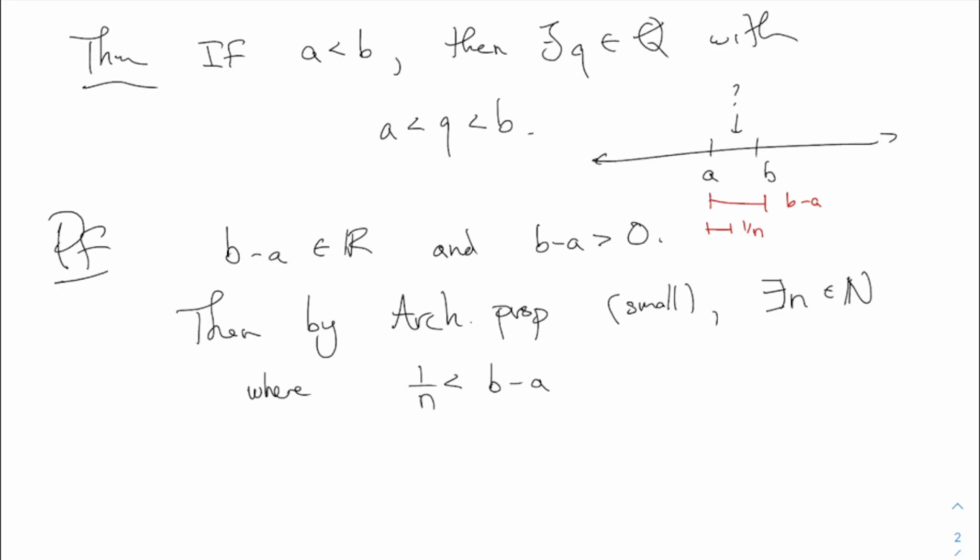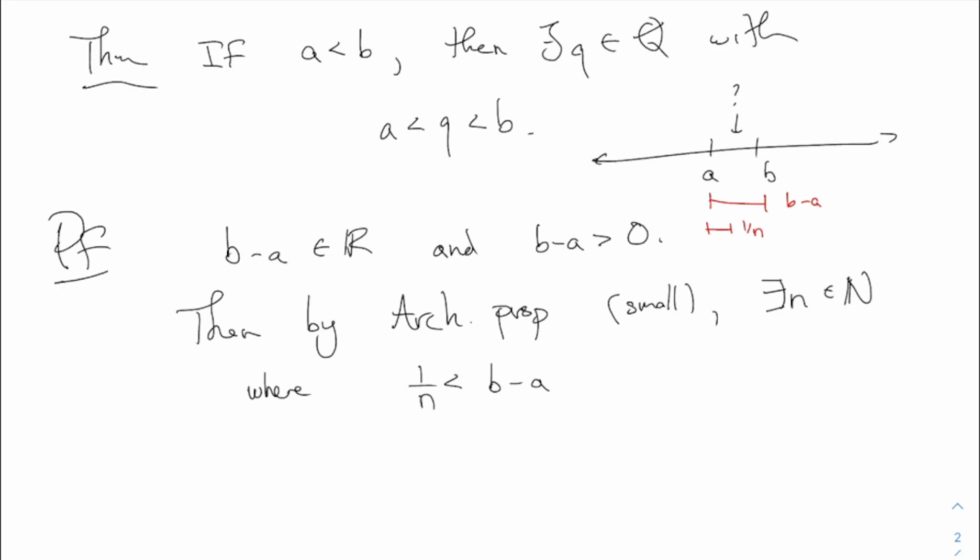Yeah, right. The issue with that is a may not be rational, in which case, if a is irrational and you add 1 over n, it's going to be irrational. And so actually a plus 1 over n is not good enough for an answer, unfortunately. You've got to do an extra little trick, but it's not so bad. Check it out. Right here, I'm going to multiply through by n.